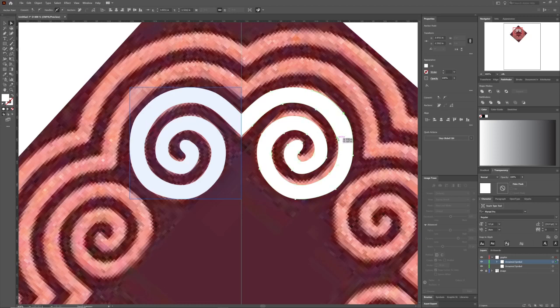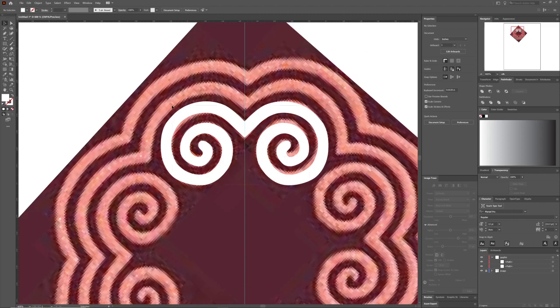So let's do that. Give a little tweak here and there. It allows you to just have full control over this. So there you go. And then once you like that,